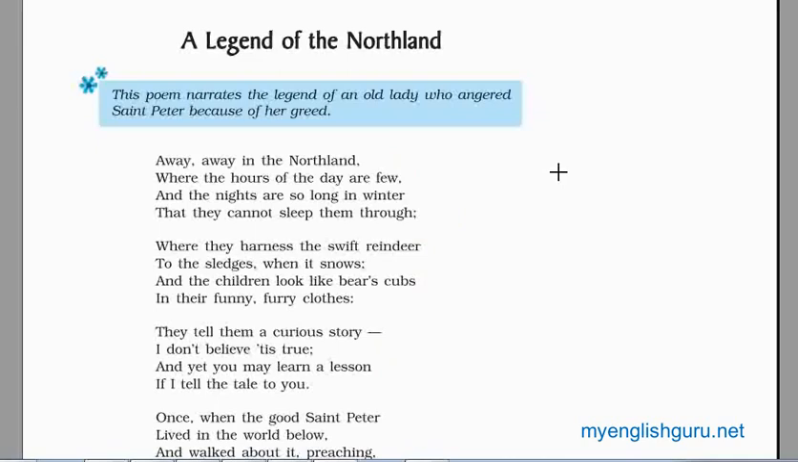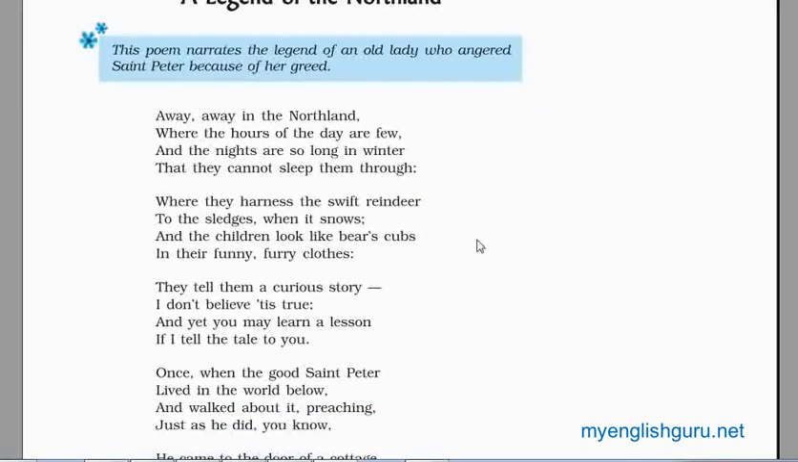In total there are 16 stanzas in this poem. Okay, now what does this ballad say? Now here,